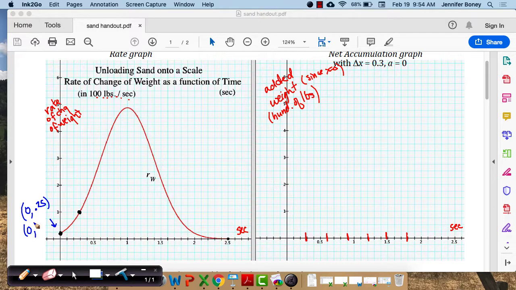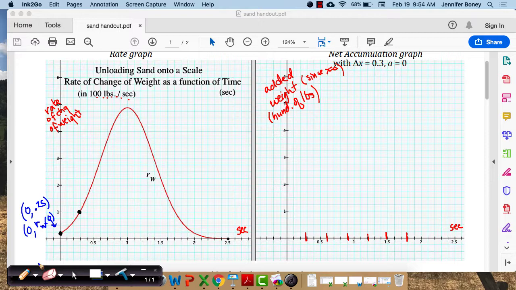r sub f, or what was it? Is there a letter on there? W, yeah, r sub w of 0, the rate of change of the weight at 0. Now I do want to have that subscript because I'm going to be drawing the approximate rate function. We don't have the approximate r function yet. So I want to label this point with it. If I'm going to use exact notation, the function notation, rather than estimating a decimal, I'm going to use